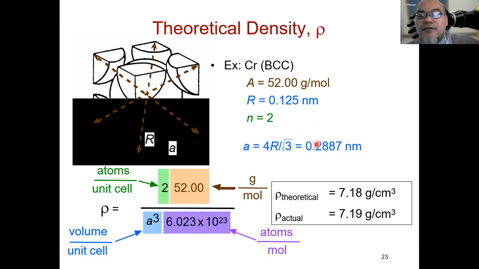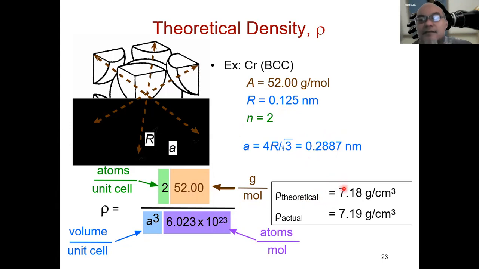So the volume per unit cell will be this cubed, 0.2887 cubic nanometer. Then atoms per unit cell is 2. The atomic weight is 52 gram per mole. We divide by the Avogadro's number, 6.023 times 10 to the power of 23 atoms per mole. And we will obtain,